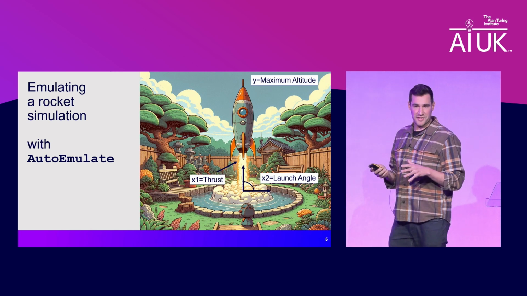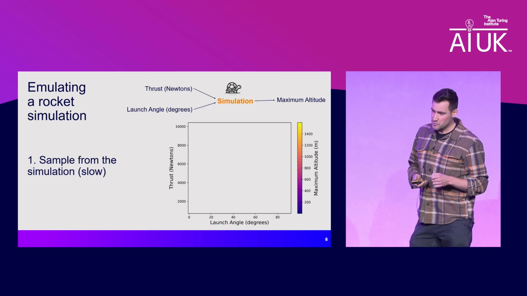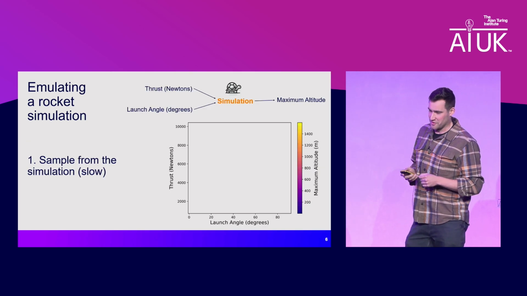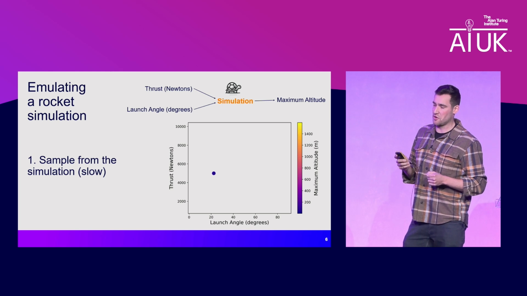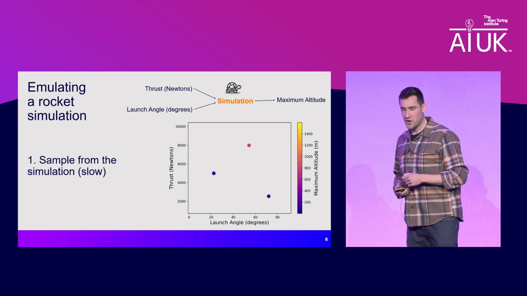We've got lots of standard equations for that. We're making a simulation, and we use this simulation to create some data points. So this is all very slow because it's based on traditional simulations and mathematics. So we make data point after data point.